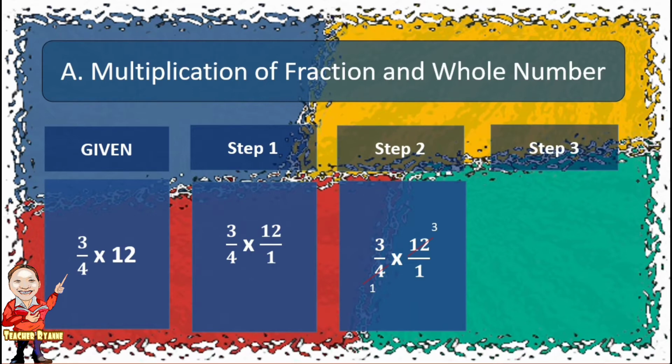Step number 3, we will multiply numerator to numerator and denominator to denominator. So, 3 times 3 is 9 and 1 times 1 is 1. Okay, so we will come up with this answer: 9/1 or 9. That's how simple it is. Okay, so let's proceed to